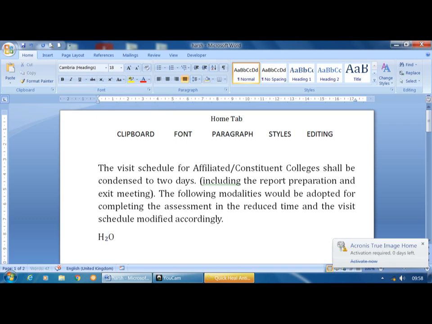Next, if I want to write the formula a square plus b square plus 2ab, at that time you just write a2 plus b2 plus 2ab. Here I want to make the 2 a superscript, which means I have to move the 2 to the upper side. So just click here.